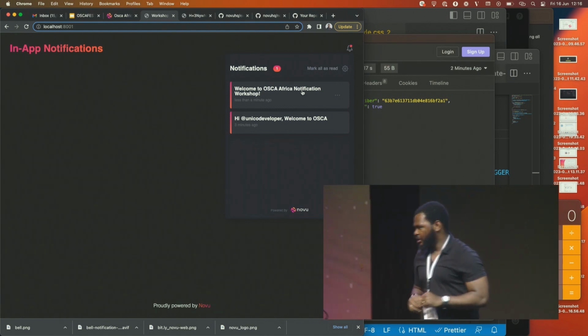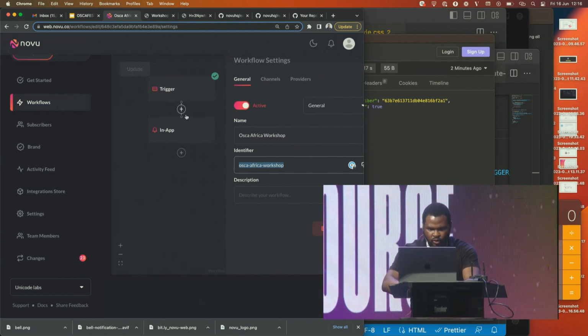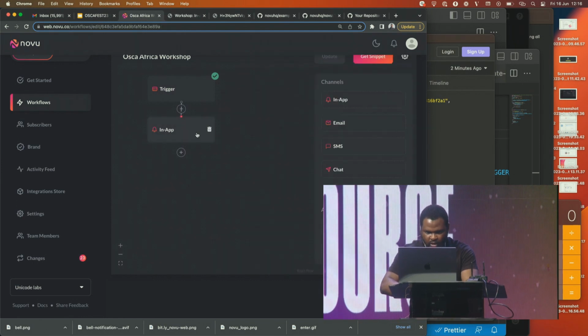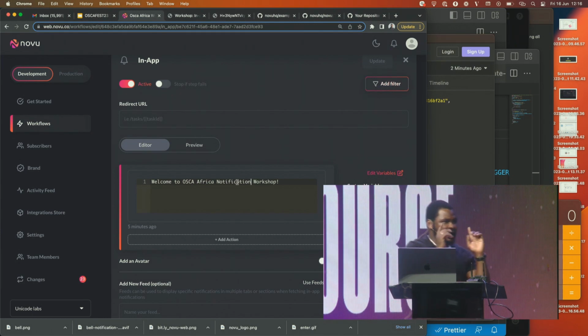Let's quickly do that. So we are going to go back to that template again quickly. So I'm going to try to expand this. I don't know if you guys can see it. We're going to come here. Let me close it here. I'll open this again. Now, this is Welcome to Oscar Africa Notification Workshop. I'm going to inject 2 variables inside this place. I'm going to inject a username and a message content. So I'm going to change this now to